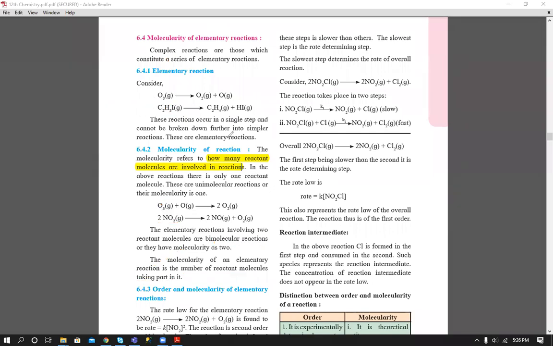Molecularity is a simple topic. In the previous topic, I explained order. So how is order found out? If we have a rate law or rate equation, just add the powers of reactant concentrations. And molecularity is nothing but the number of reactant molecules. Sometimes students count the number of atoms. So here is O3 and O1, so molecularity is 4. So just remember, molecularity is the number of reactant molecules. We count molecules, not atoms.